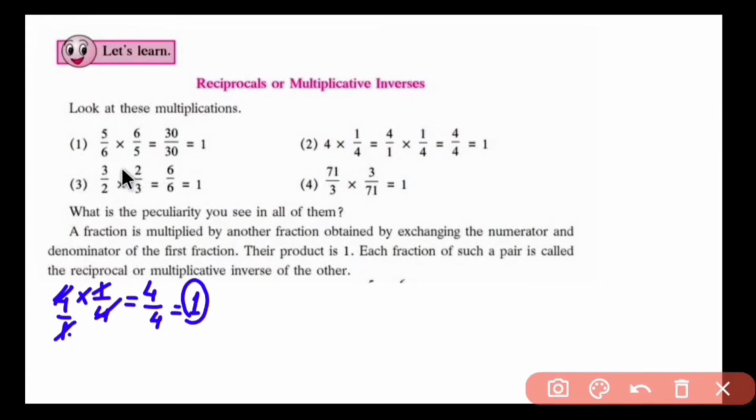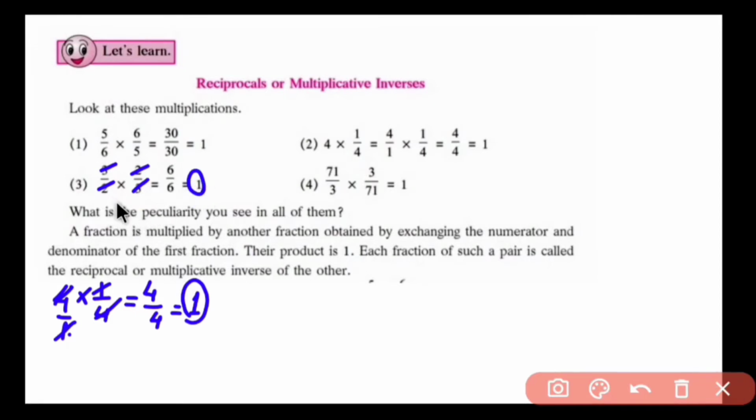Otherwise, you can multiply numerator with numerator. 3 2s are 6, 2 3s are 6. Numerator and denominator are the same. Answer is 1. Or we can cancel the numerator of the first with the denominator of the second and the denominator of the first with the numerator of the second. The answer will be 1. All numbers are cancelled. So in this way you can solve it by cancellation, or you can multiply numerator with numerator, denominator with denominator, and we get the same numerator and denominator, so the answer is 1.